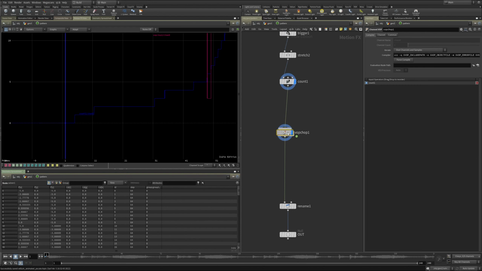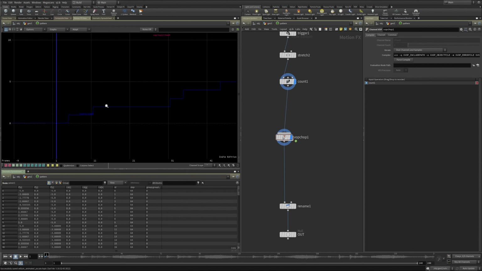The way that I came up with to do this is just to compare channels, because you can do math functions in these VOPs as well. So what I would want to do, if the channel where its previous sample step is the same value as its current sample step, I can just subtract one from the other and my result would be 0, right?